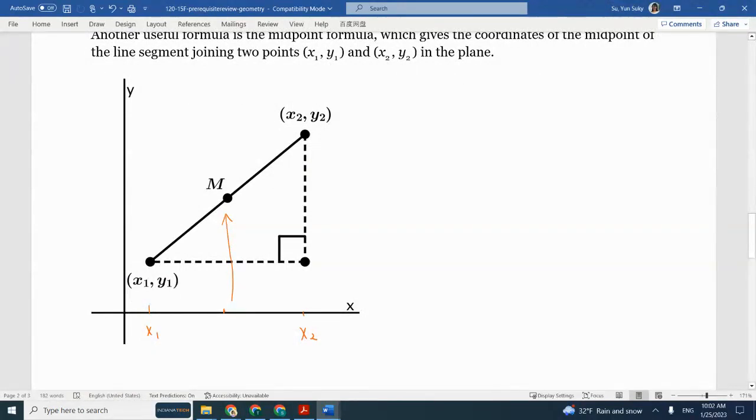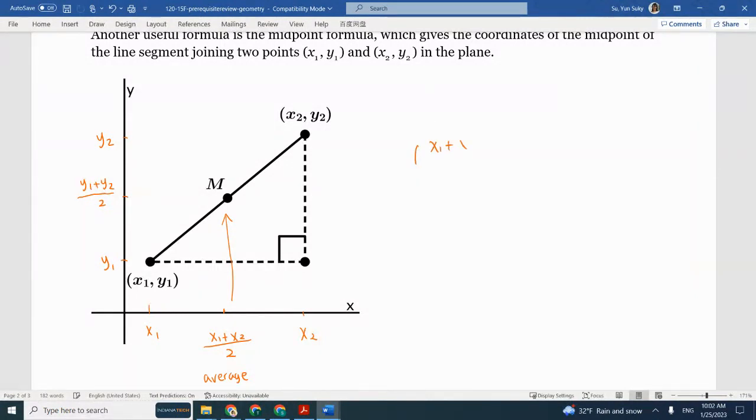So we have two numbers, x1 and x2, and then the average will be, we add those two numbers and then divide it by 2. So this is like average. We will get the midpoint of x1 and x2, right? That's the average value. Similarly, the y coordinates, we have y1 and y2. And then to find the middle value, we take the average. So we add the y1 and the y2, then divide by 2. So therefore, the midpoint formula is